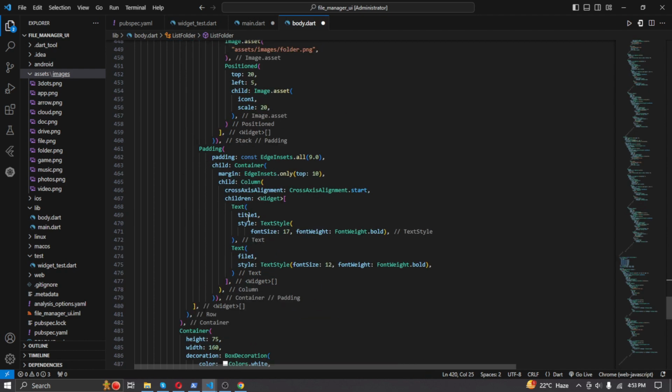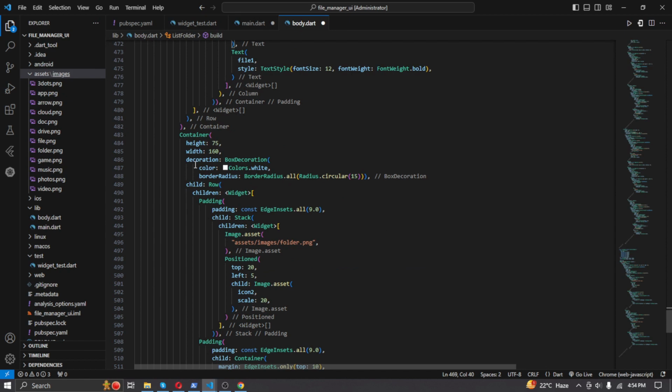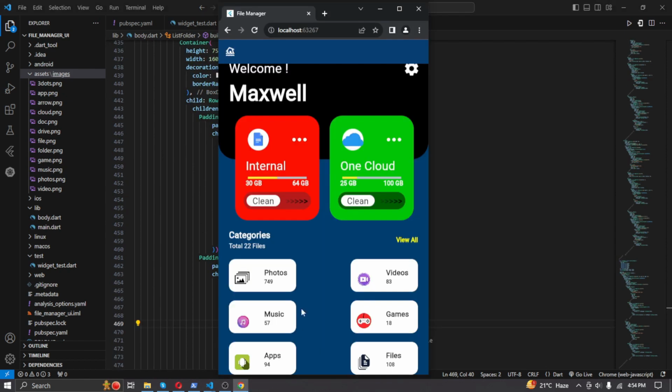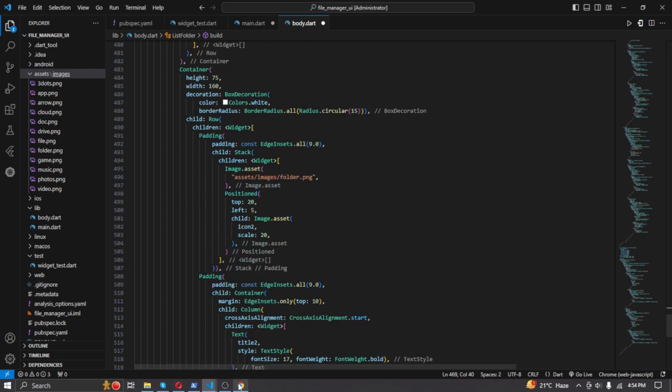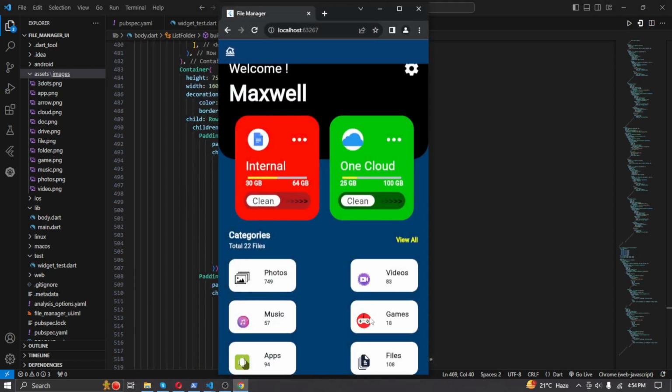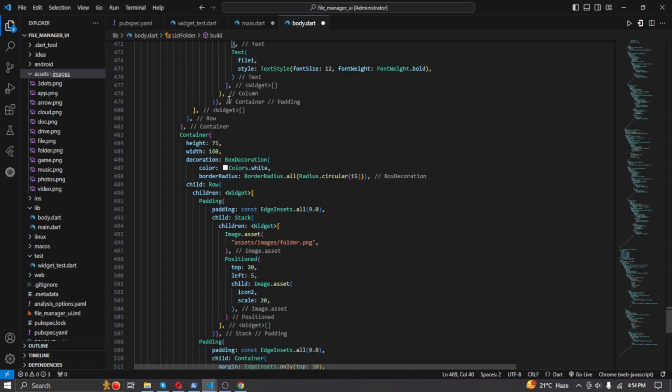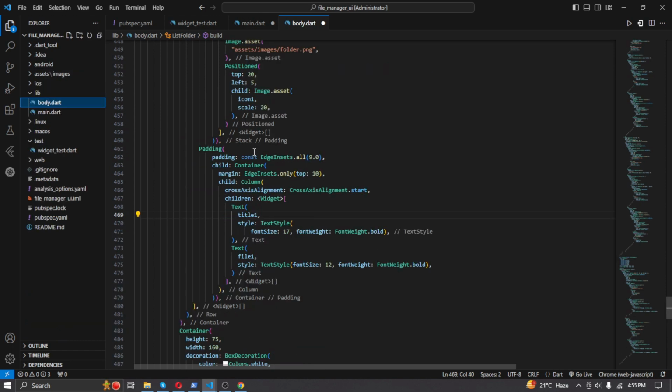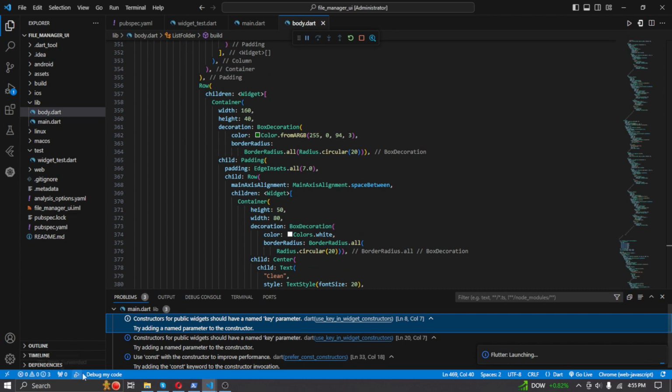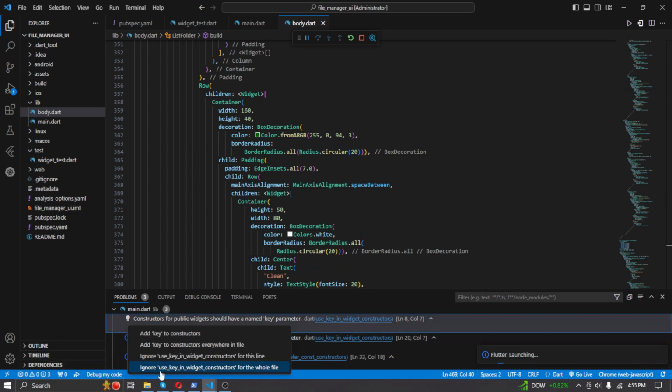Now write a script for title1 and file1. Select their font size and font weight and their cross axis alignment start. Then add a new container and select its height and width. This script is for these 3 folders and the second container for these 3 folders. The script of both containers is almost the same, so our body is also complete. You can see that here are 3 exceptions. Ignore them for the whole file